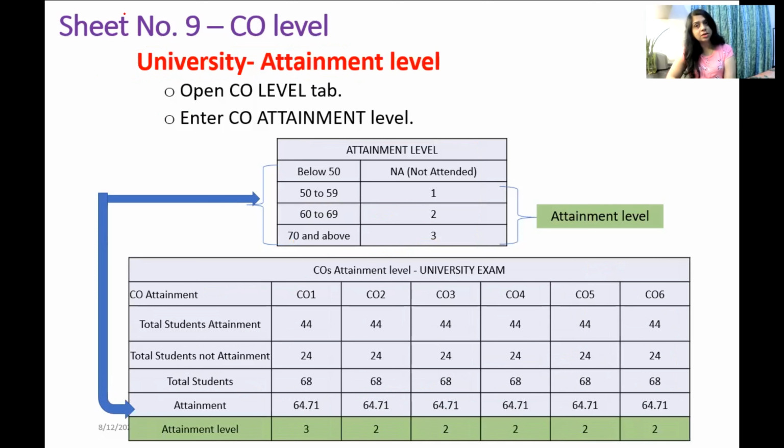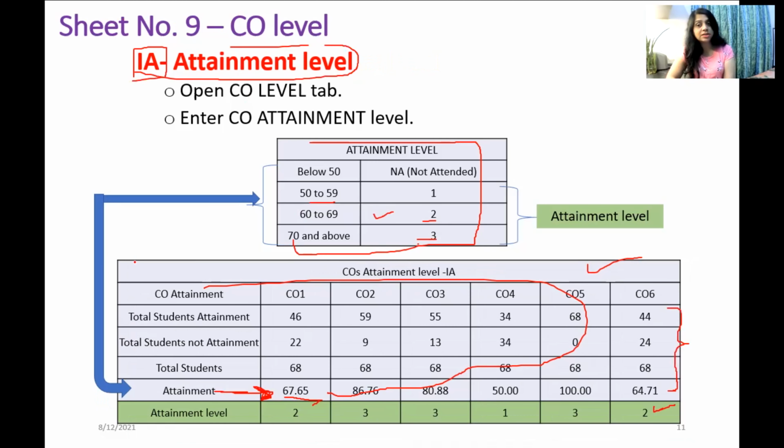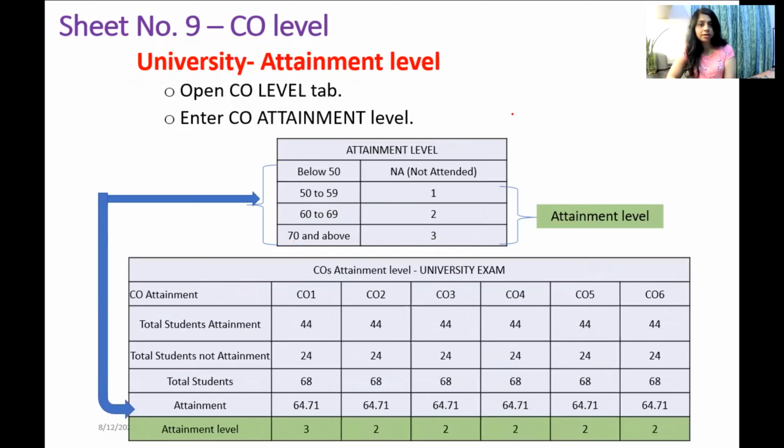And then on the same sheet, there is another table. You have to see these tables carefully. Just see these titles carefully. This is CO attainment level for IA, and this is CO attainment level for university exam. Again, from the previous sheet, this table will fetch all the values, and based on these values and these attainment values, you have to enter these values manually on the attainment level.